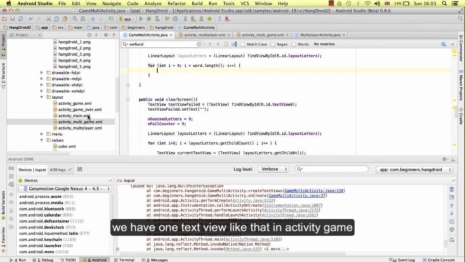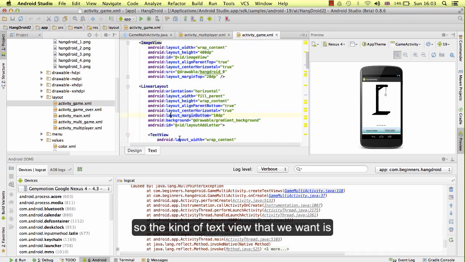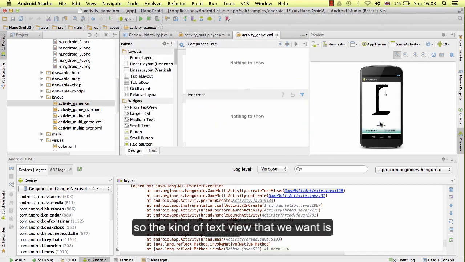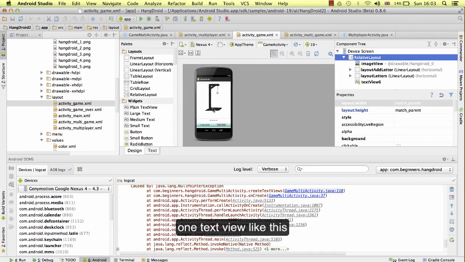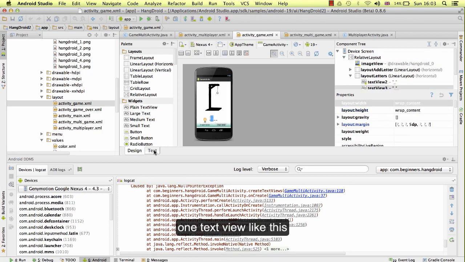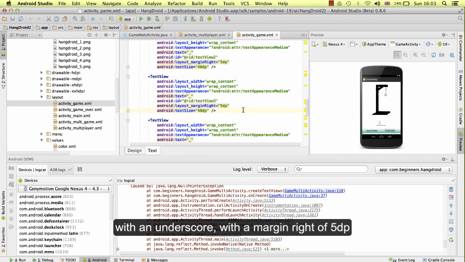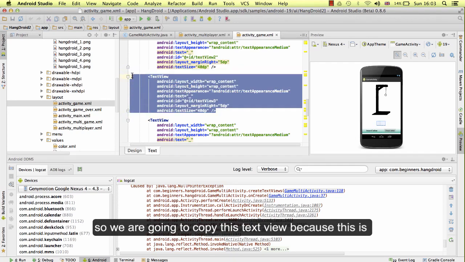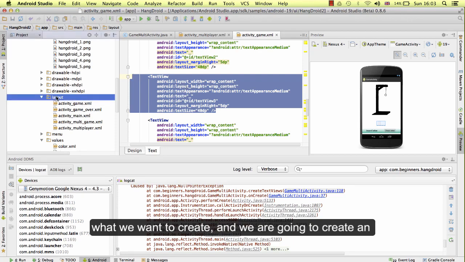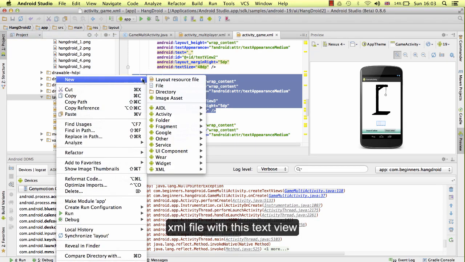We have one text view like that in activity game. So the kind of text view that we want is one text view like this, with the same properties, with the text size of 40 dp, with an underscore, with a margin right of 5 dp. So we are going to copy this text view because this is what we want to create, and we are going to create an XML file with this